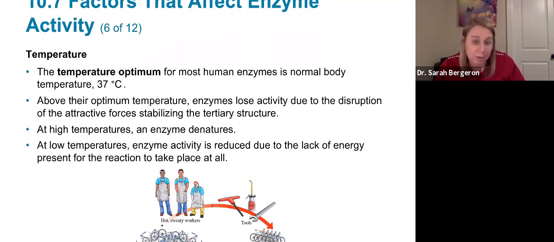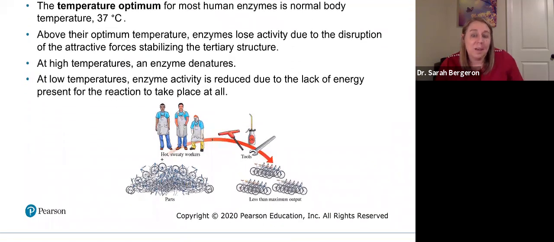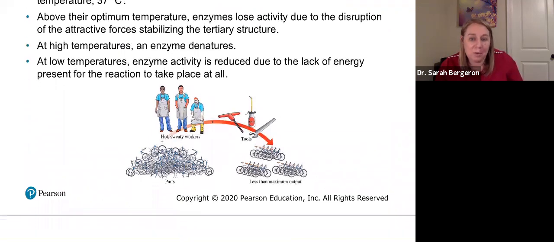At low temperature, enzyme activity is reduced. The enzyme's not denatured, but it is reduced because of the lack of energy, right? Temperature is actually kinetic energy of molecules, how quickly they're moving. So if you decrease the temperature, then you have less kinetic energy, and basically less energy available for the reaction to take place. And so either way is not good. So if the workers get too hot or they get too cold, they're not going to be able to produce